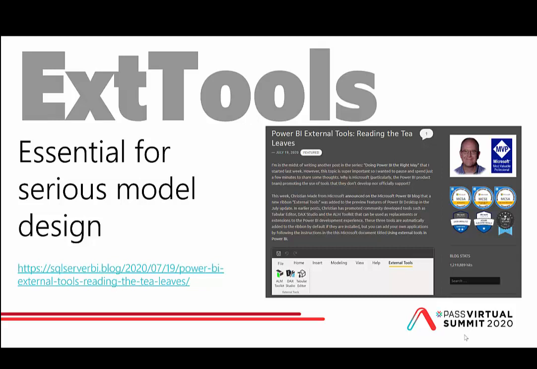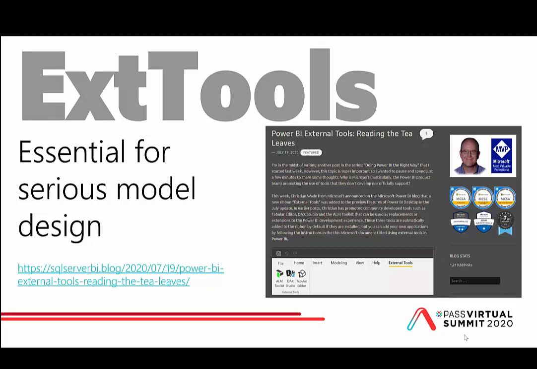And so this is a blog post that I wrote as the external tools feature was released in July of 2020, of this last year. So external tools is a new ribbon that shows up as of the July edition of Power BI Desktop. And if you have these tools installed, then they're going to light up on that menu.